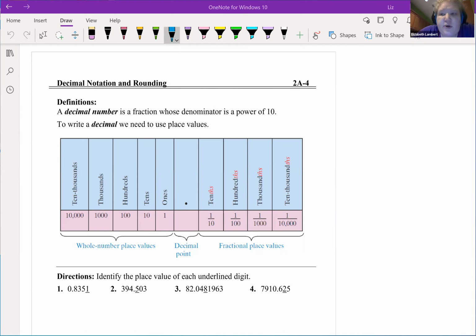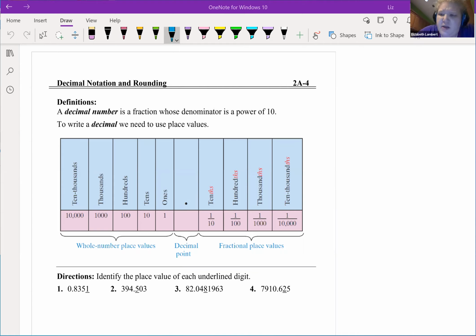I'm going to record decimals next, and then I'll go back and do 2a3, which is multiplying and dividing fractions, just in case you start running across decimals in, actually, I don't think you will in 1316 just yet, but still can't hurt. So the first thing we have is a decimal number is a fraction whose denominator is a power of 10, like